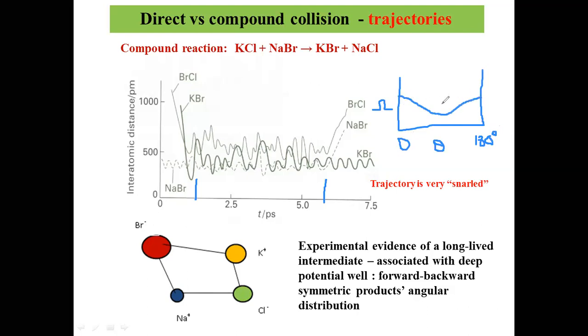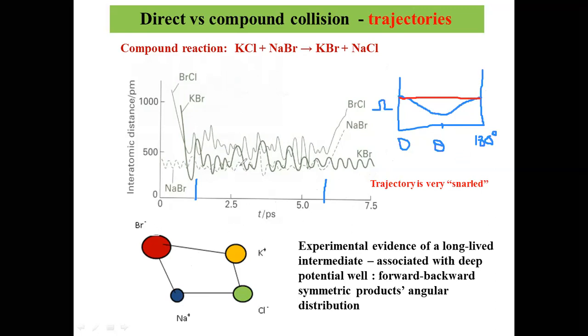This is almost symmetric with respect to 90 degree. Okay. Sometimes, of course, we get kind of isotropic. That also depends on the angular momentum distribution. So isotropic may be something like that. Right. So these are the indications that a stable intermediate complex is formed,